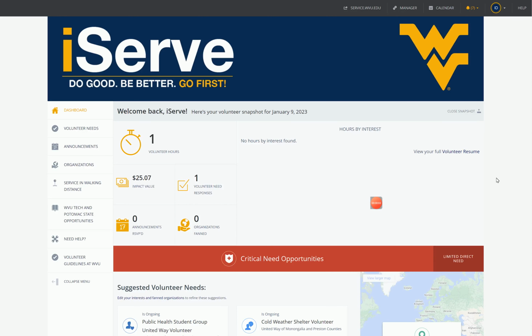After you have volunteered, you are going to want to track your hours on iServe so that you get credit for the work that you have done. Here you can see that I've tracked one volunteer hour for an impact value of $25.07 with a total response of 1. Your hour impact value and volunteer need responses will automatically update as you respond to needs on iServe